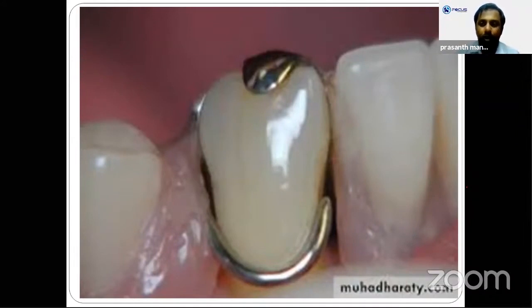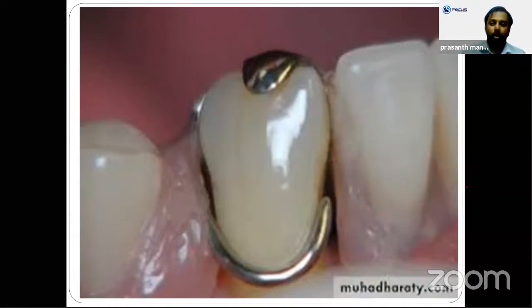Coming to the rest, it is a component that supports the removable partial denture. A rest seat preparation should be there. Rest seat preparation is necessary so that it doesn't cause any tooth interference, and also it can guide the occlusal forces along the long axis of the teeth. Clear? And we have discussed different functions of rest. The primary function is to provide support. Second, it should direct the forces along the long axis of the teeth to stabilize the clasp assembly in its position, and it also provides some amount of indirect retention in some cases.